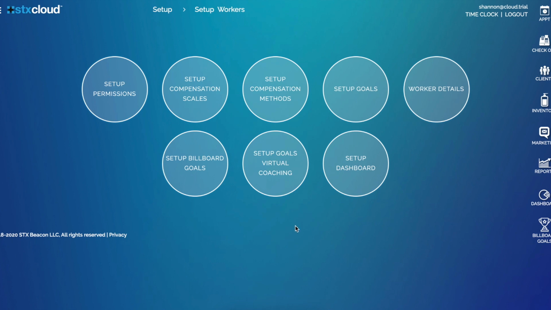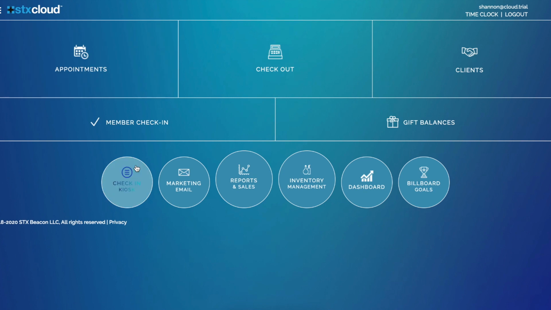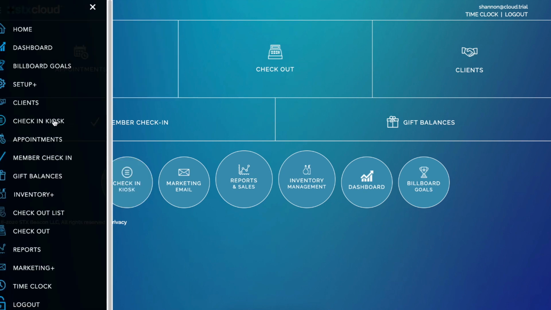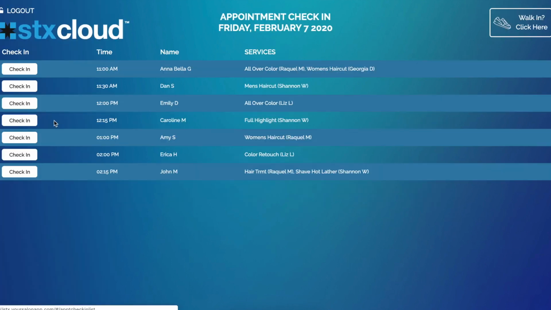Okay, so the next new feature we have is the check-in kiosk. You can get to the check-in kiosk either from the home page or the navigation bar, and you simply click on check-in kiosk. Now, you're going to want to do this on a computer or a tablet that is client-facing. The great thing about this is it's a list of your appointments for the day. It shows you a button to check in, the time of the appointment, the client's first name, last initial for security reasons,